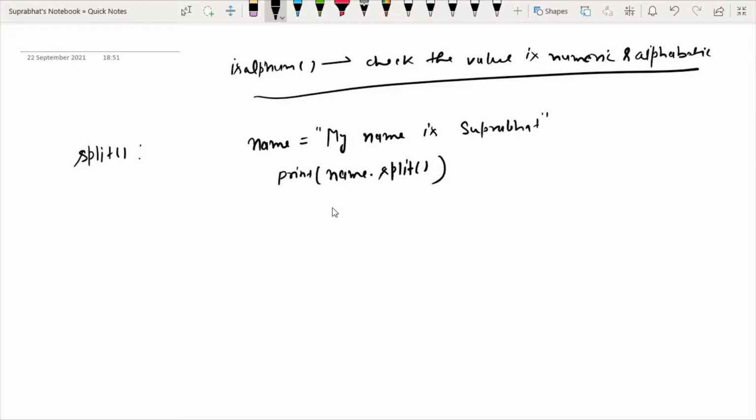What it will do, the split function will divide the string into list items.